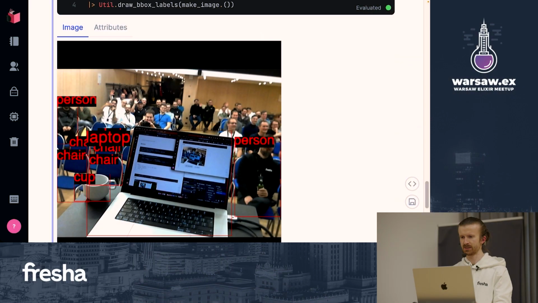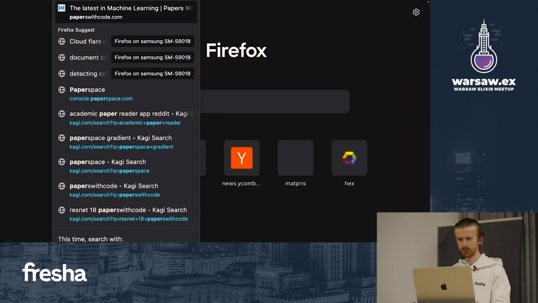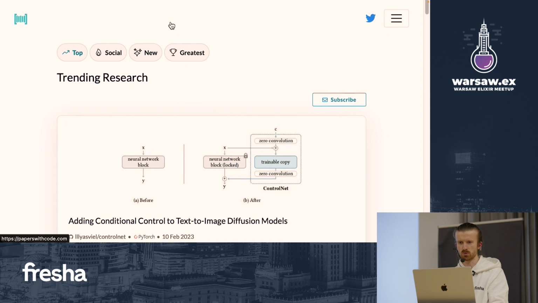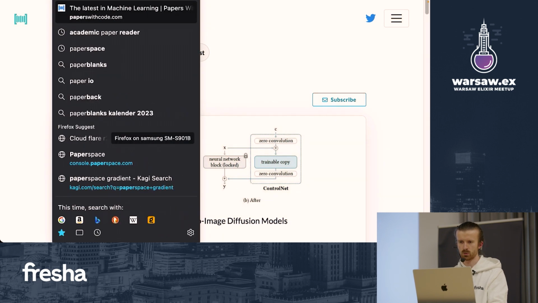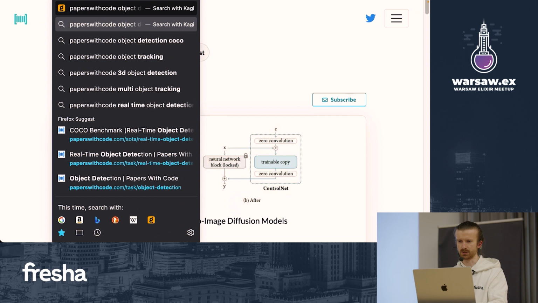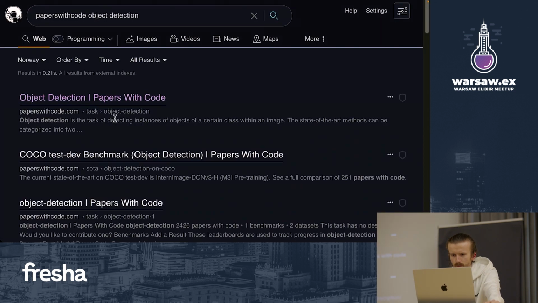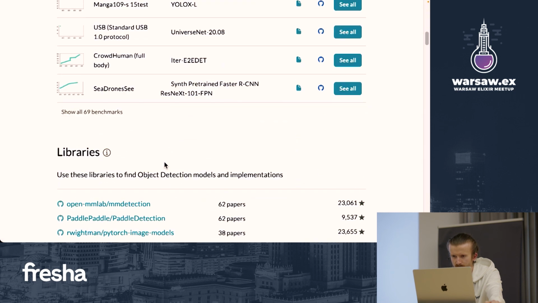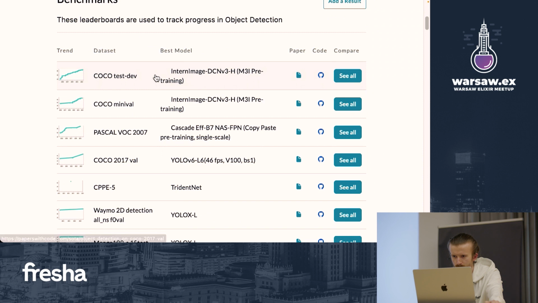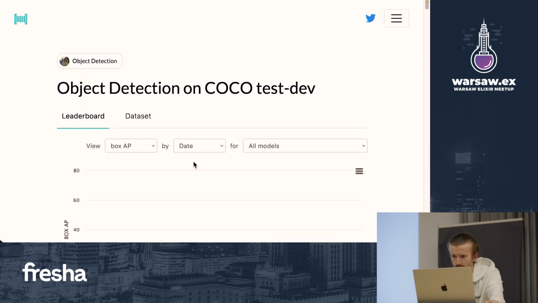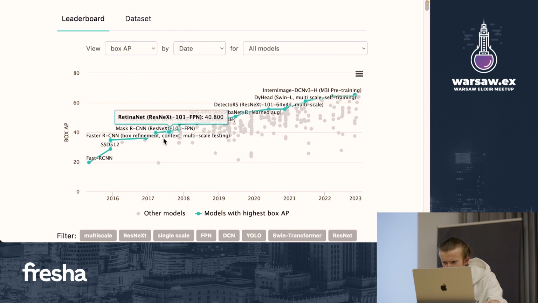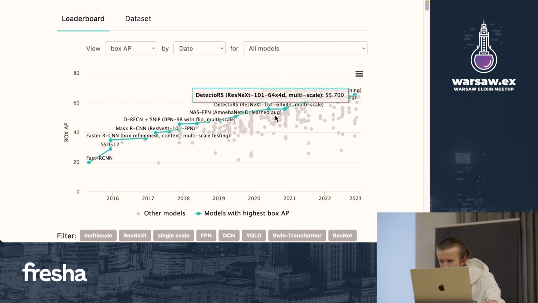So we can look at this actually. There's a website called Papers with Code, which let me just Google directly. Papers with Code object detection. So this is a leaderboard of different things. You can find COCO, whatever. This is over time, the different models that score the highest on this leaderboard. And you can see I don't think at any point YOLO is at the top, but right now it's